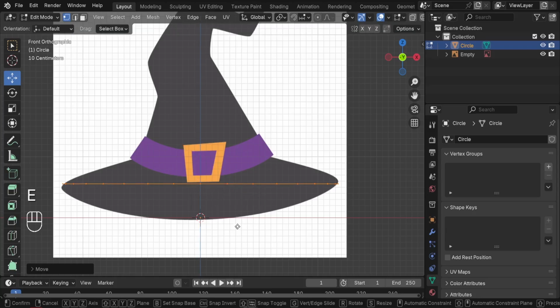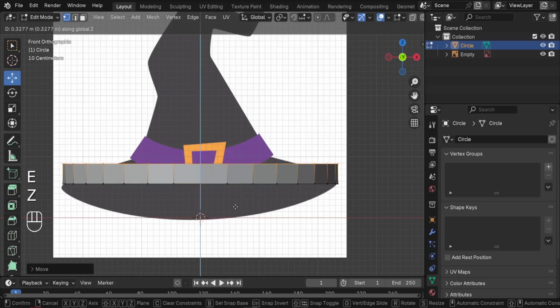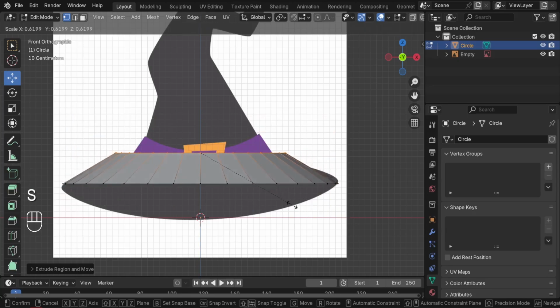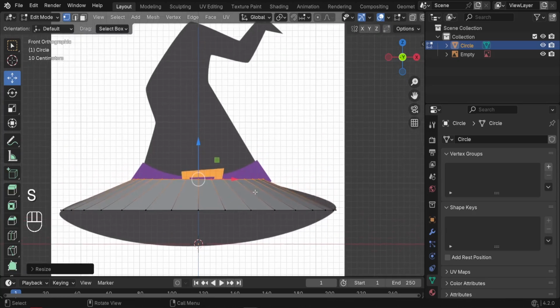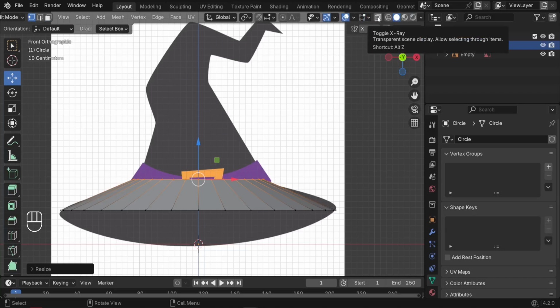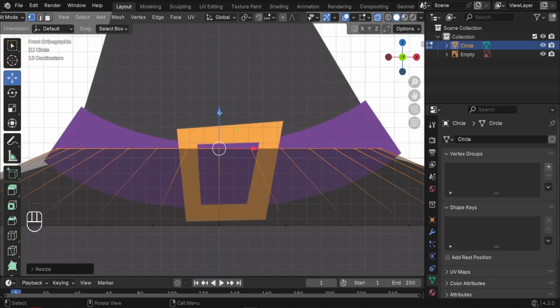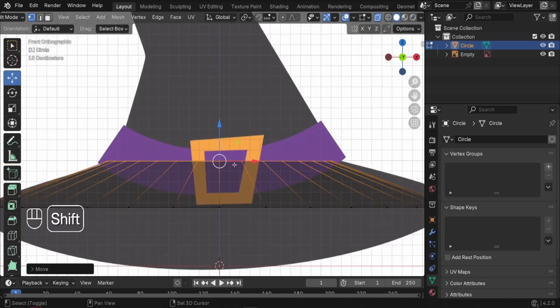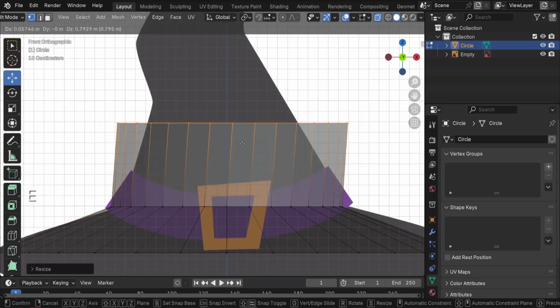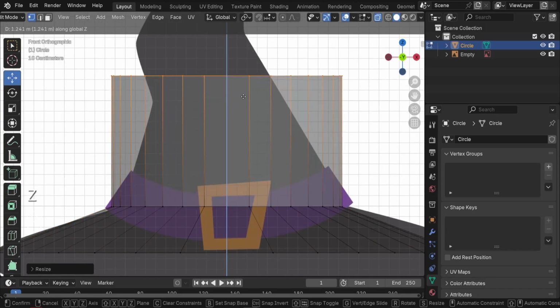So after that we can press E to extrude like this. We can press Z to lock the extrusion on the Z axis, and we can go up, for example here. You can press S to scale it down. Also we can activate here this X-ray toggle, so that we can see through our modeling. So let me just drag it down a little bit here, and after that we can scale it just a bit, and we can press E to extrude up, press Z, go up, for example here, and we can try